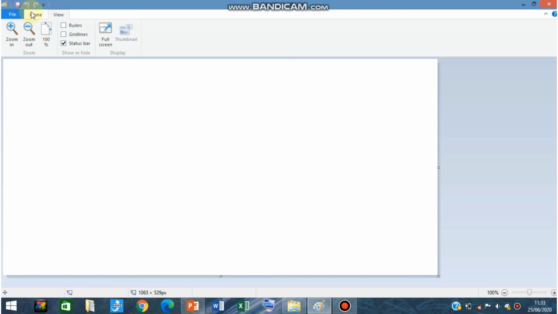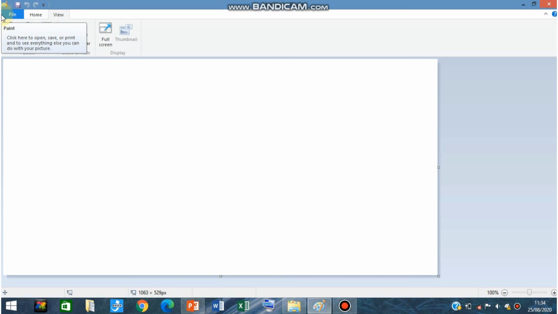On the top of the ribbon, that area is called the quick access toolbar. Okay, a toolbar is present, and that is called the quick access toolbar, because when you are using any option very frequently, you can add that option to this quick access toolbar to get easy access.